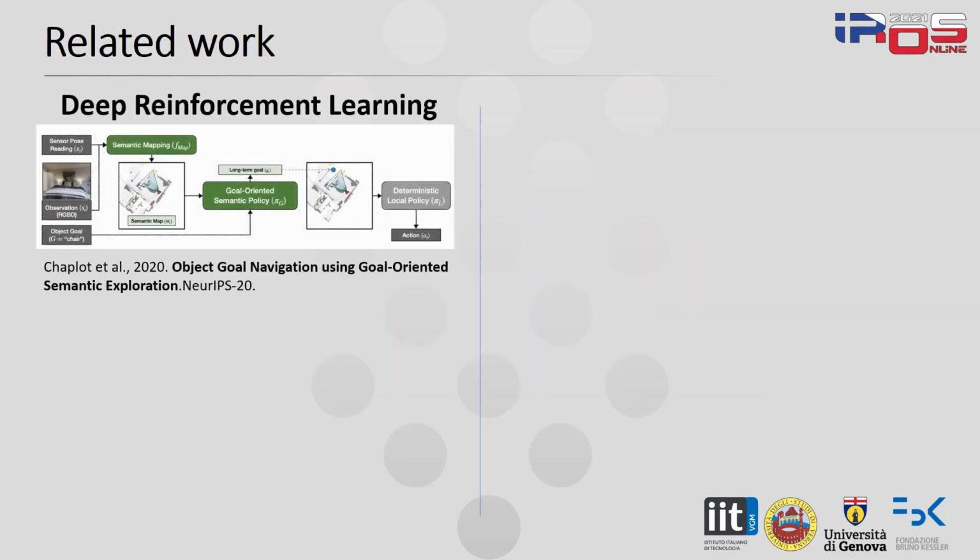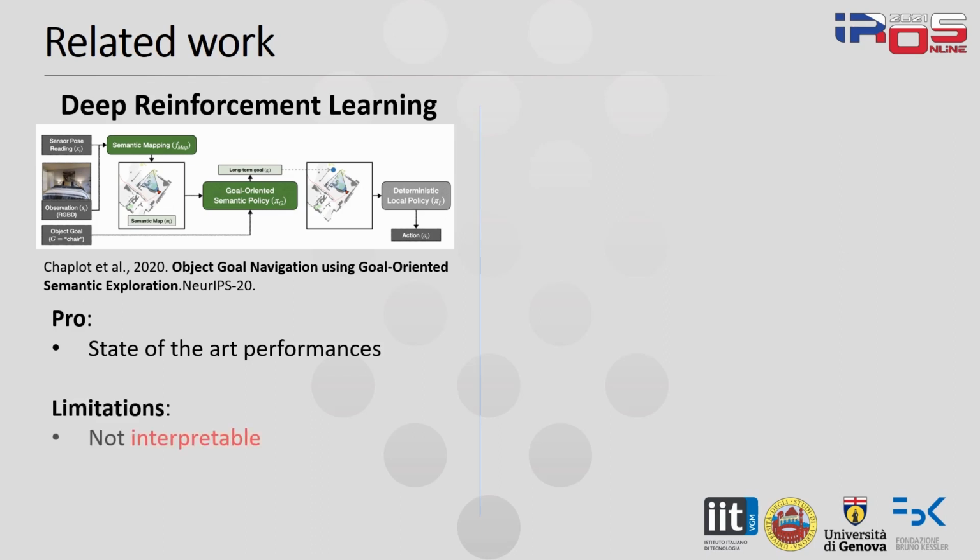Some of the most prominent works for this task are from the deep reinforcement learning field. These methods typically train a neural network to learn a policy to explore the environment and search for the target object. These methods have been shown to obtain state-of-the-art performances in terms of success rate and path efficiency, but they also have some limitations. The first limitation is that due to the use of neural networks, these methods are not completely interpretable and some parts have to be treated as black boxes. The second limitation is that to train these models, they need a large amount of training data and the model is challenging to generalize,